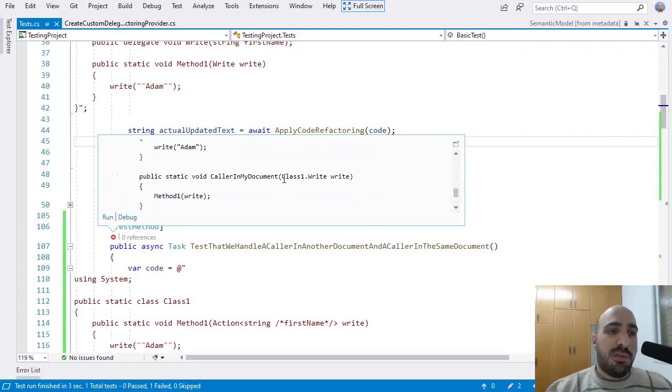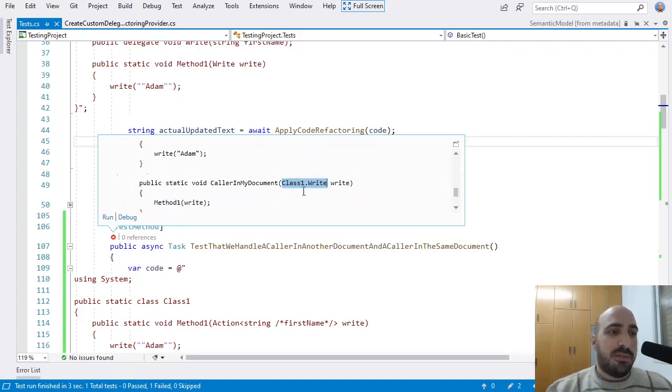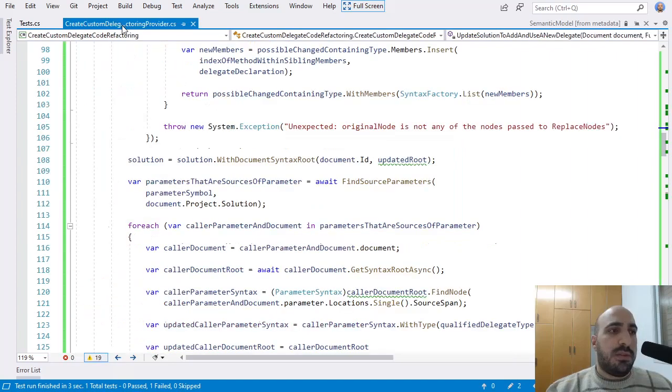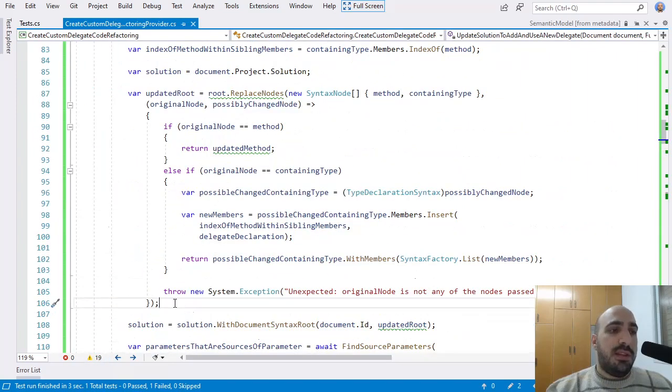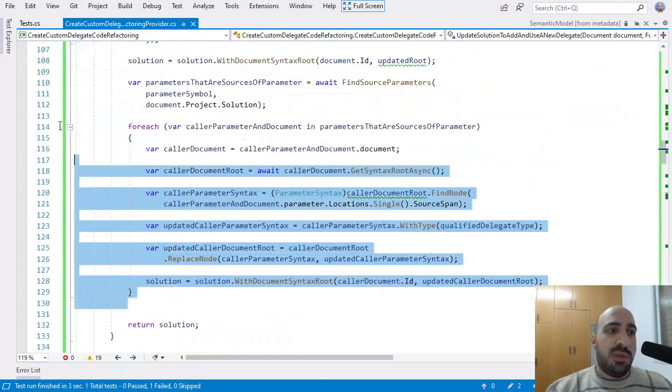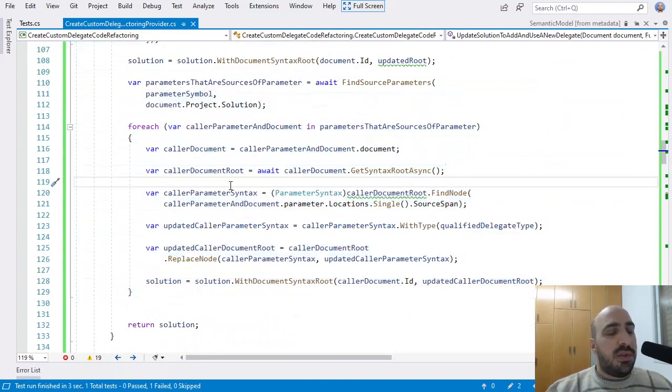So here the caller method was updated correctly, but the delegate was not created here, and the type of the parameter that we want to refactor was not changed. So basically these changes here were overridden by the changes we did here, right? So this is the opposite of the effect that we had before, right? And the reason this is happening is the same as before.